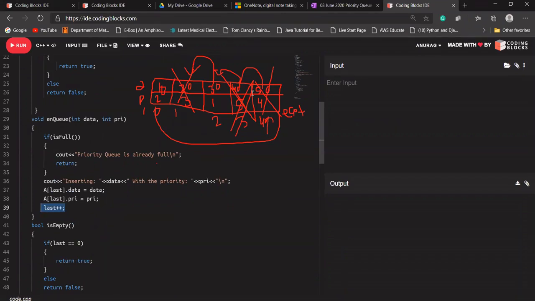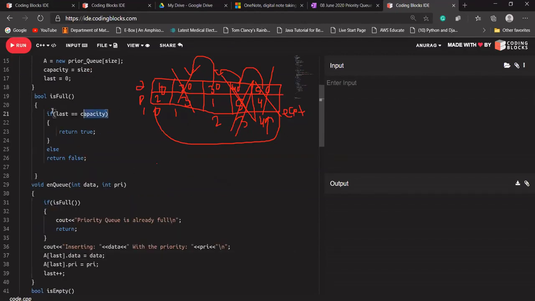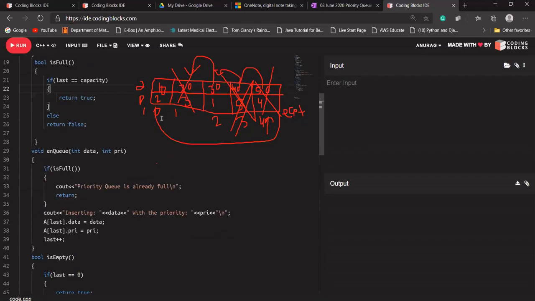Let's say the size of this array is 4, index starts from 0 and goes up to 4, but in the worst case last goes to 5, because if last is equal to 5, we cannot add anything. That's why isFull is true if last is equal to capacity. If last is pointing to 0, it means there is nothing. If you have inserted something, you will definitely increment the last pointer. Okay, Ashish, I hope you got it.